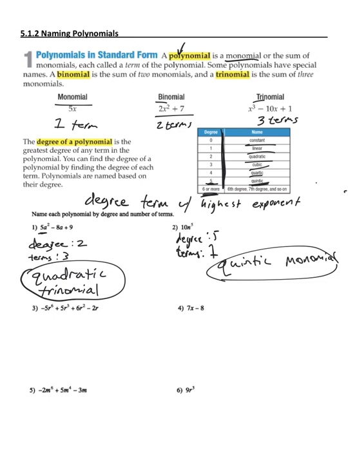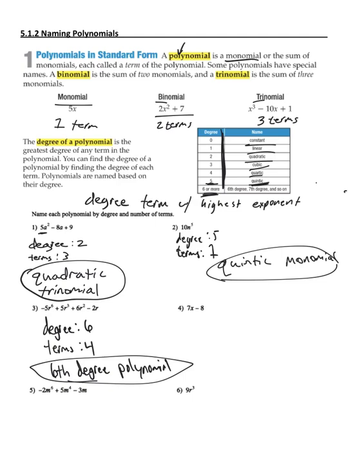You can just continue doing this. Looking here, the degree of number 3, the highest exponent there is 6. Number of terms, this has 4 separate terms. For a degree of 6 or more, we're just going to call this a 6th degree. Four terms, polynomial. Anything with 4 or more terms, we just call a polynomial. So 6th degree